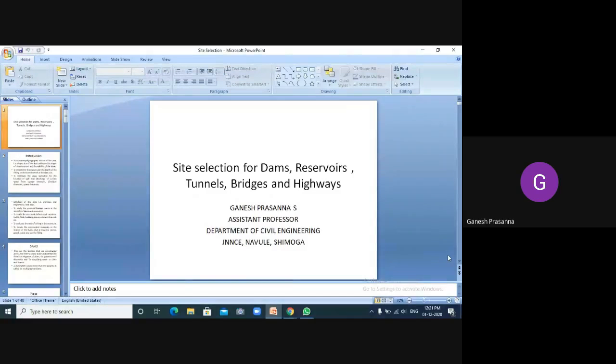Tunnels cannot be made everywhere. They should be made in mountain passes itself. Bridges cannot be built everywhere, but should be built across a river or across a lake or anything like that. Highways, as you know, have a lot of constraints in their laying also. So the site selection for all these things plays a very important role, because the places that you choose for construction of dams, reservoirs, tunnels, bridges or highways always have a unique role in civil engineering. Not everywhere you can build a dam, not everywhere you can construct a reservoir, not everywhere you can construct a tunnel or something like that.